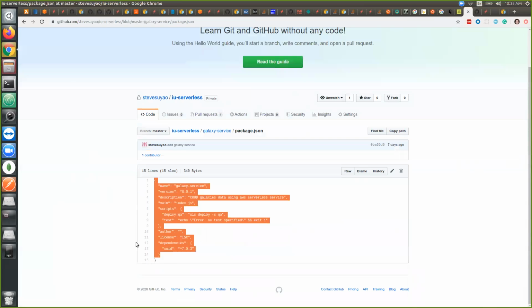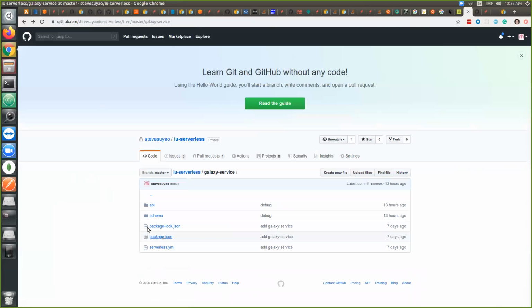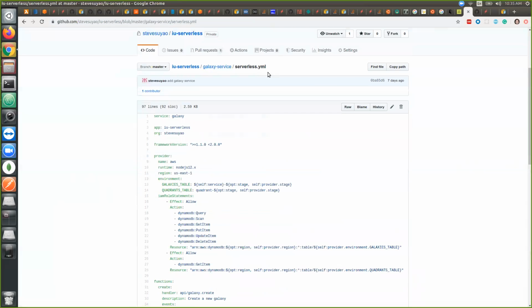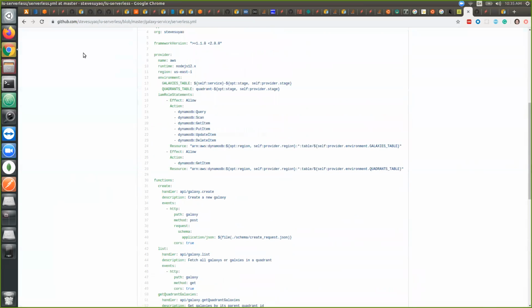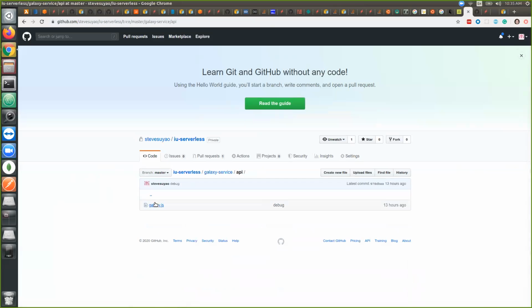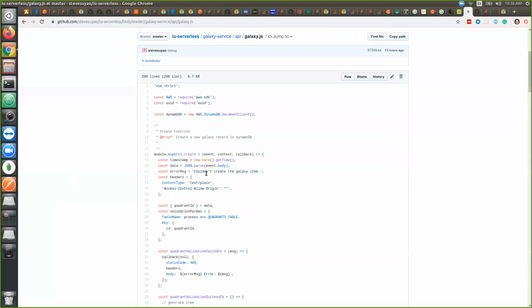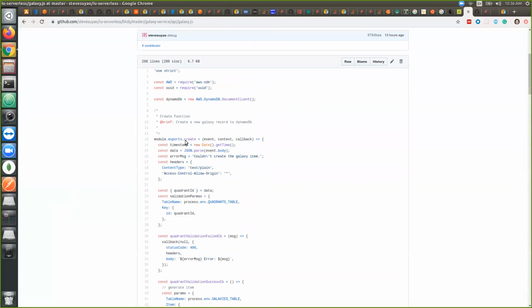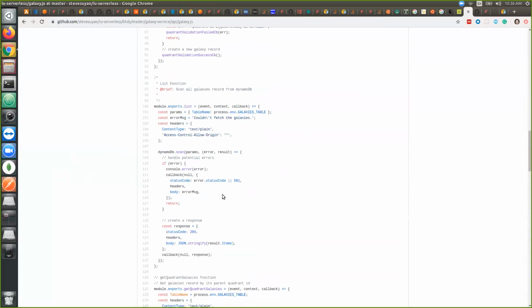And in this folder, we can add some third-party packages here. And also in the sub-project, we need to configure our serverless framework to add this YAML file. After we add this YAML file, we can define some schema here. And where we put the function, we need to create another folder, create a new JavaScript file, and then create all the functions here. We have create function, list function, and